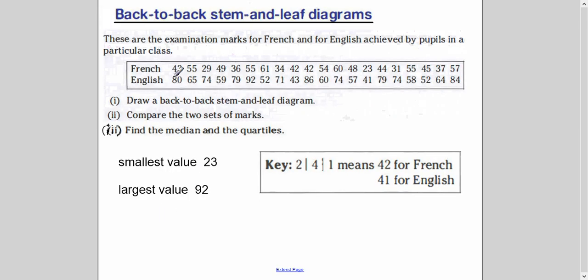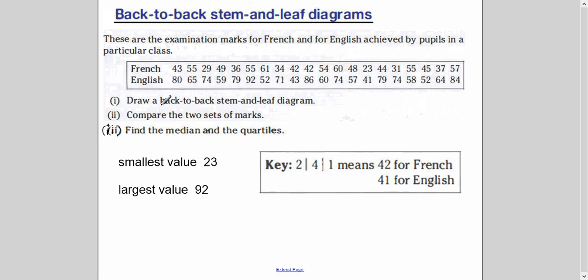So this is the last example now. This data is given to you in French and English, and it is two-digit data. Now, why I have taken this example is because here you will see what it means by a back-to-back stem and leaf diagram, right? Just for the sake of clarity, let's see how to draw it and how to compare two sets of data. And for each one, we will plot exactly the way we have done before, right?